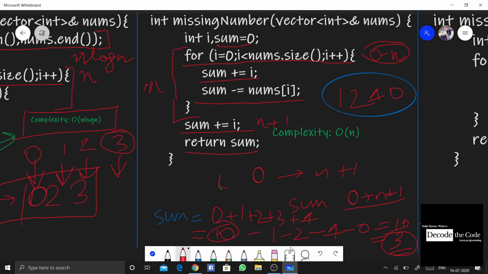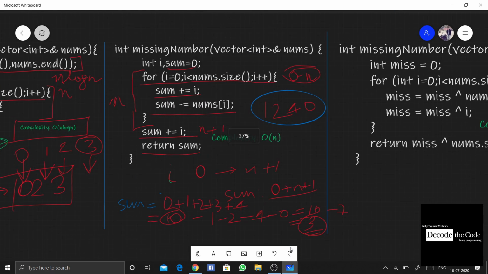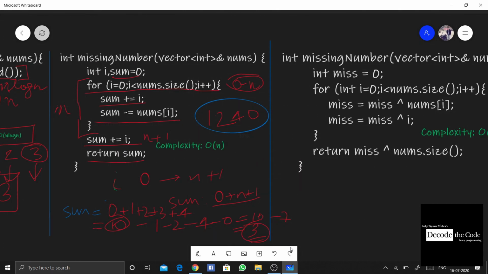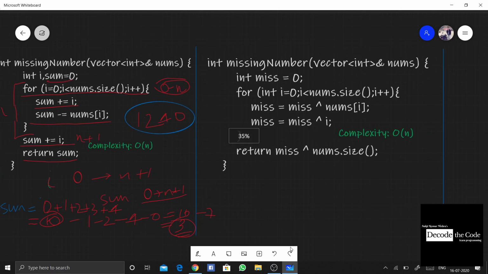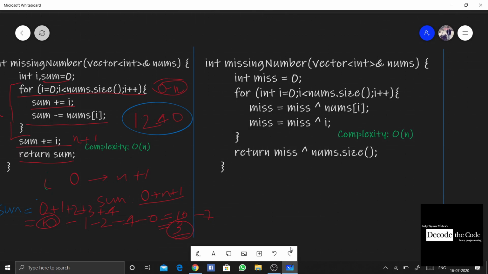Now there is one more approach that is a bonus for you guys. The same order of n can be achieved through one more method, that is the binary XOR method. If you know what binary XOR does, if we have 0, the binary representation of 0 would be something like this, and then we are going to XOR 1 with it. This operator here is nothing but the XOR operator.